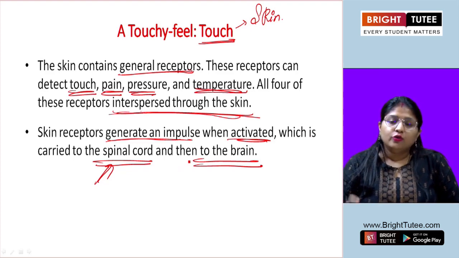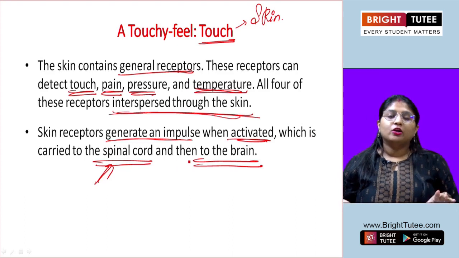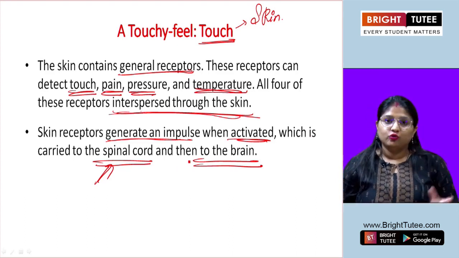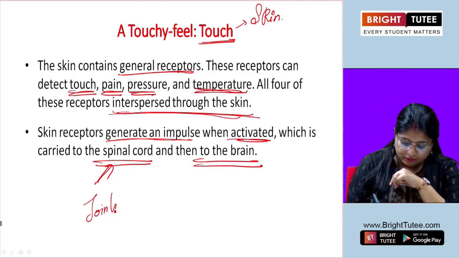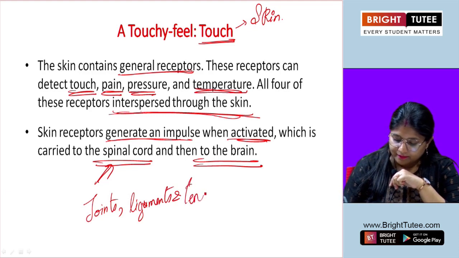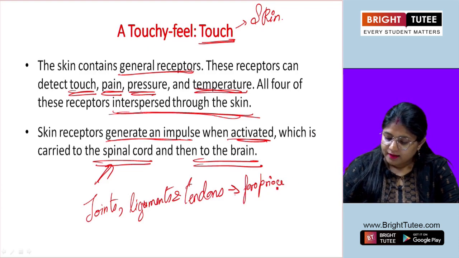Now not only the skin which we are able to see, but also we are able to sense different things wherever the tissue is present. For example, joints, ligaments and tendons have proprioceptors, right? So you see, wherever the tissue is present, there are certain kinds of receptors which give information to